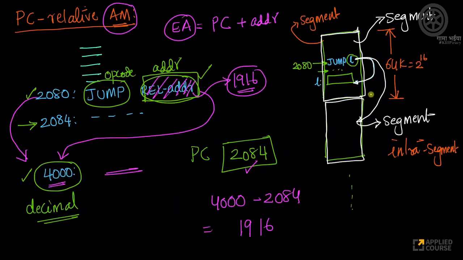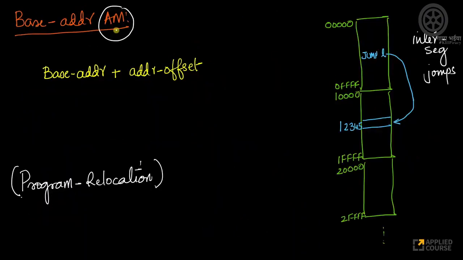Coming back to the organization here. How does the base address addressing mode work? This is slightly interesting. It says my effective address of the next instruction is whatever is my base address of the segment that I want to jump into. For example, suppose this instruction is executing, and I want to jump here, let's assume this absolute address is 12345 hexadecimal. My program counter will be pointing to this. Instead of subtracting 12345 minus my program counter, minus this address,